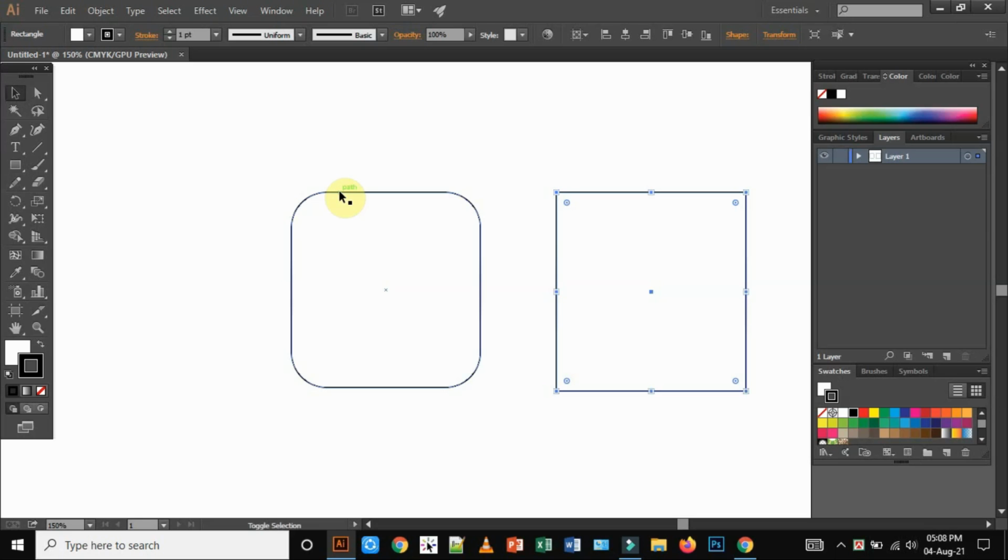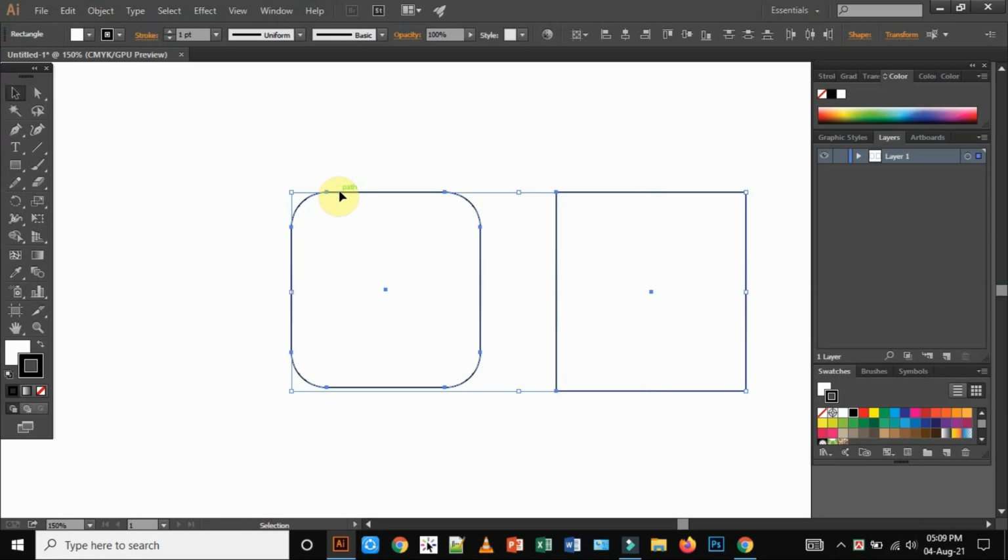After pressing the shift key, you just click on it. Now look, both of these are selected now.